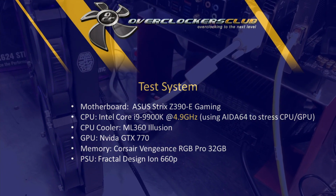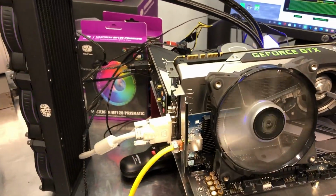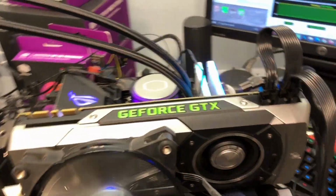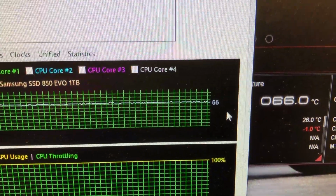I let everything get up to temperature for a while to make sure I get a good thermal soak on all of the coolant and the components. We're running about 68 degrees Fahrenheit in the room, which is around 20 degrees Celsius. And this has really been performing the same as the ML360 Mirror, between 66 and 68